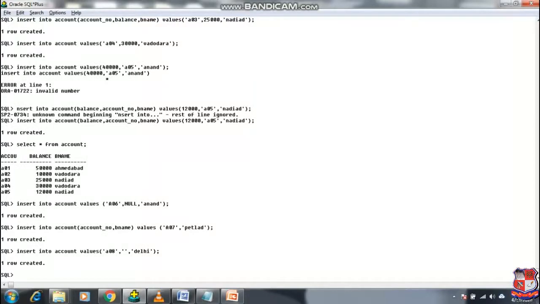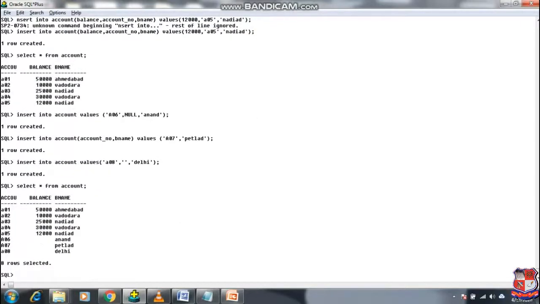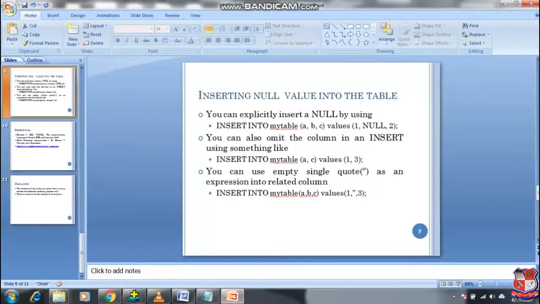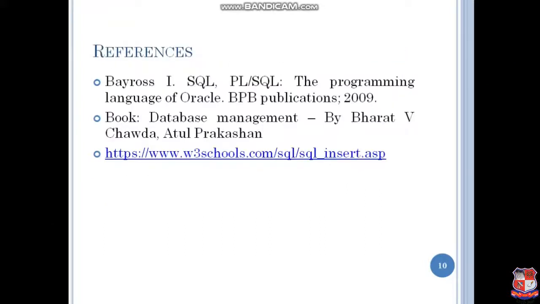In the third method, I have used empty single quotes. Now let me check the data of the table. So we have a total of 8 values introduced with 3 null values.